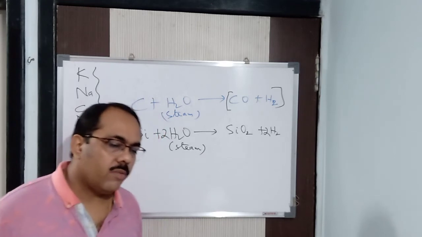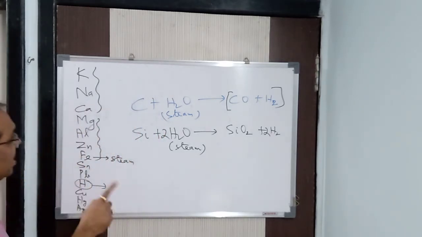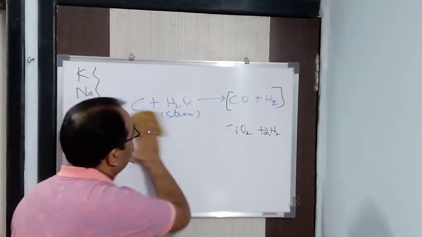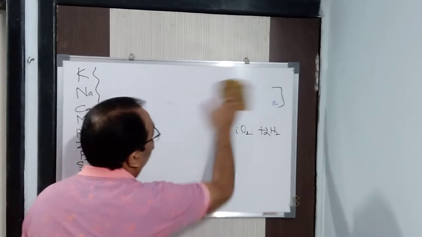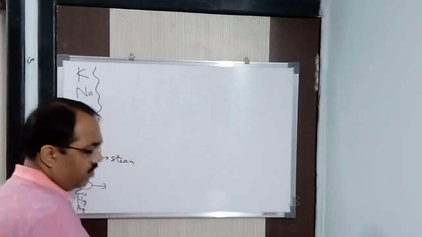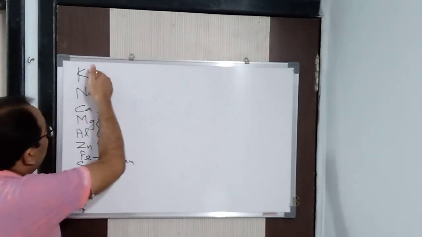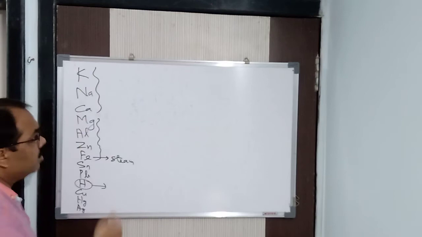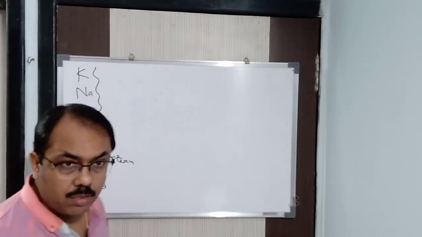Alright, but don't use acids in case of potassium, sodium, calcium and all those things. Because you have seen, with potassium and sodium, it reacts vigorously with cold water only. With cold water only, the reaction is very vigorous. So don't use acids for the production of hydrogen from potassium, sodium and calcium, mind it.